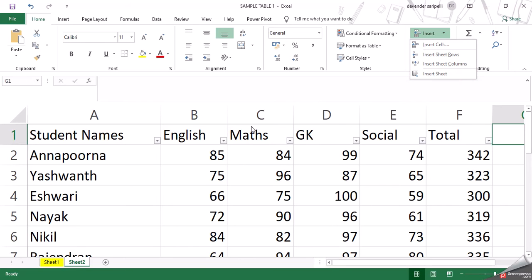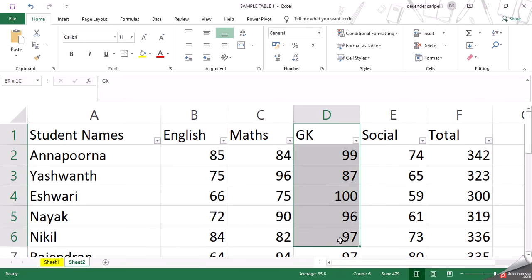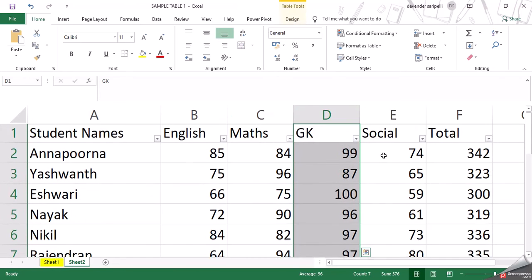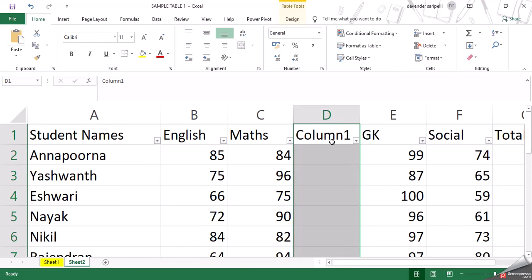I want it before GK, so I will select the GK column, click on the insert arrow and then insert sheet columns. So the column before GK is inserted.